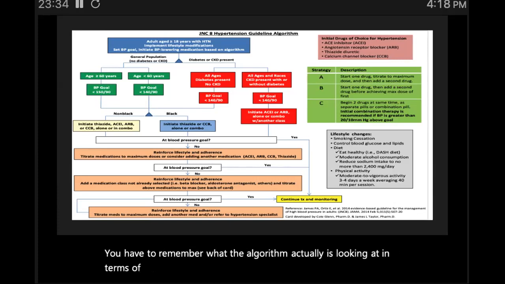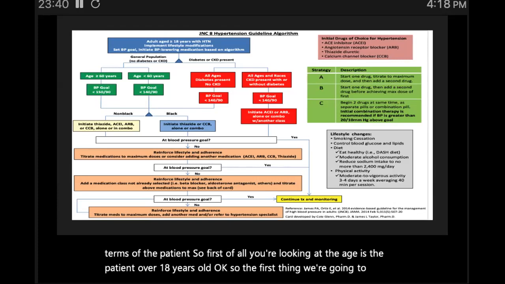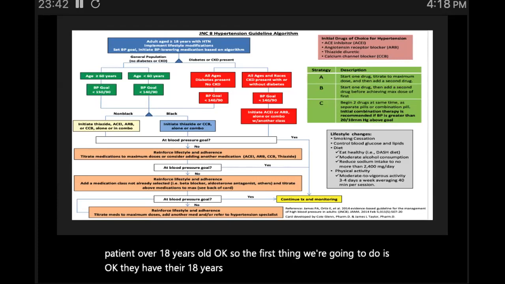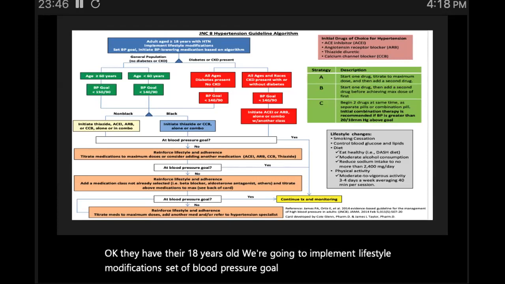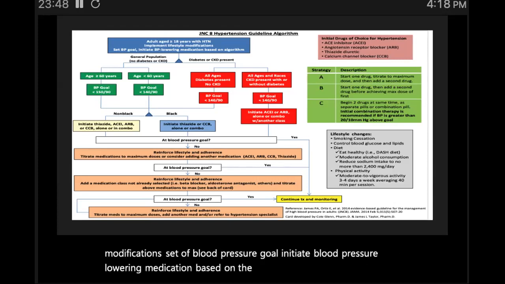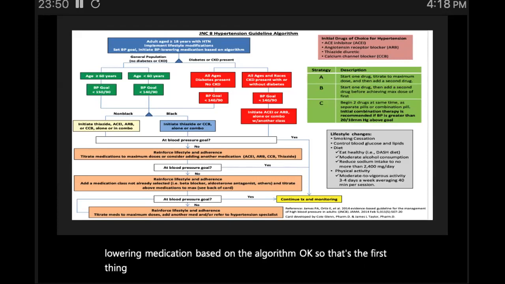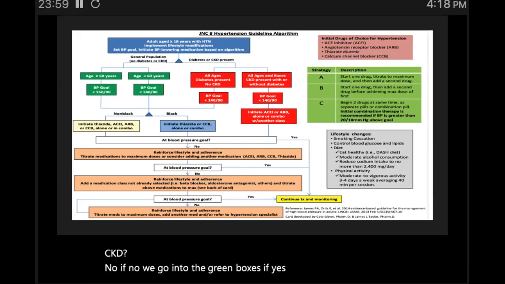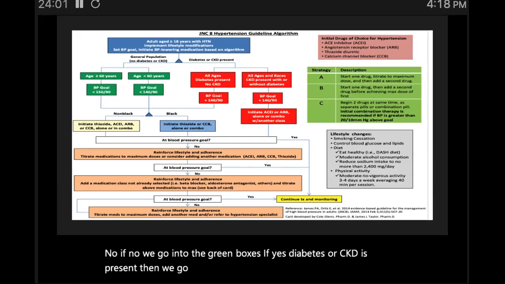So first of all, you're looking at the age. Is the patient over 18 years old? Okay, so the first thing we're going to do is implement lifestyle modifications, set a blood pressure goal, and initiate blood pressure lowering medication based on the algorithm. Okay, so that's the first thing. The patient's over 18. Now, does the patient have diabetes or CKD? If no, we go into the green boxes. If yes, if diabetes or CKD is present, then we go into the red boxes